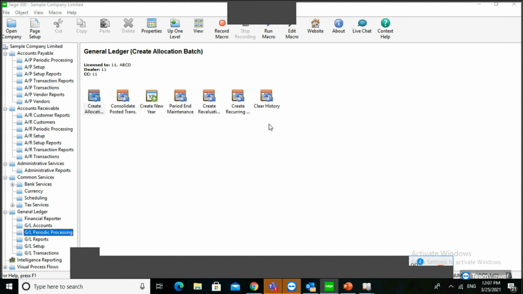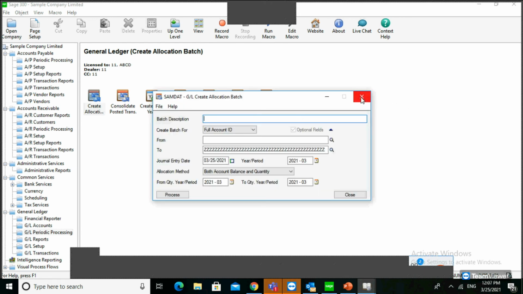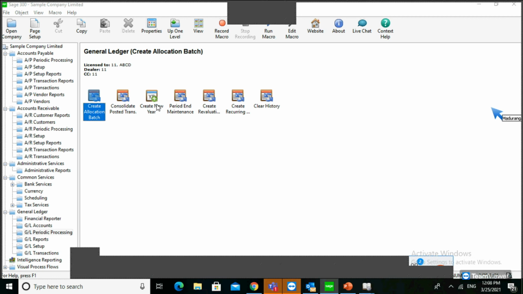Before touching this screen, we have to take the backup of the database, because otherwise it can't be reverted if you are running something. Normally, this is create allocation budget. If some budgets are stuck from the module, you can create them from this create allocation budget. Also, create new is normally the year-end process we are running. These functions are used by partners only, not the customer.